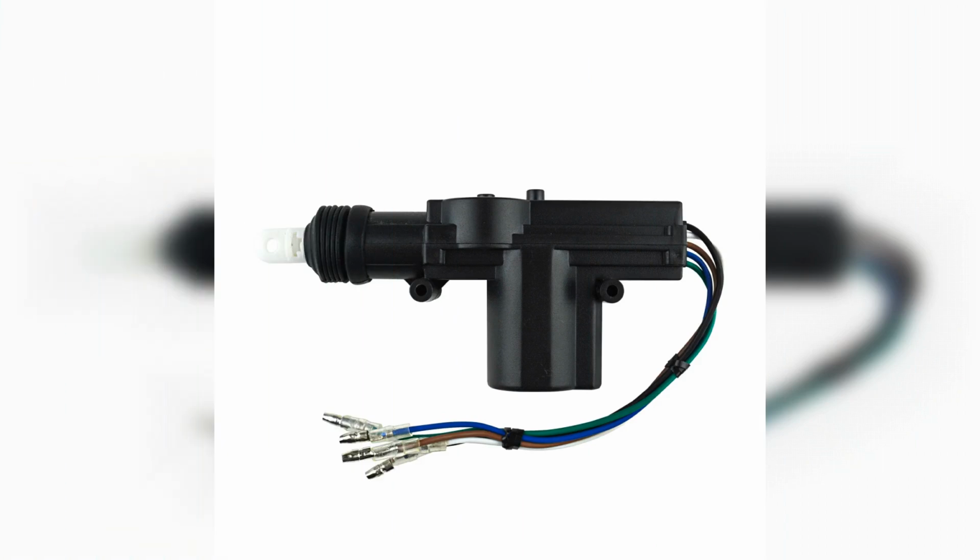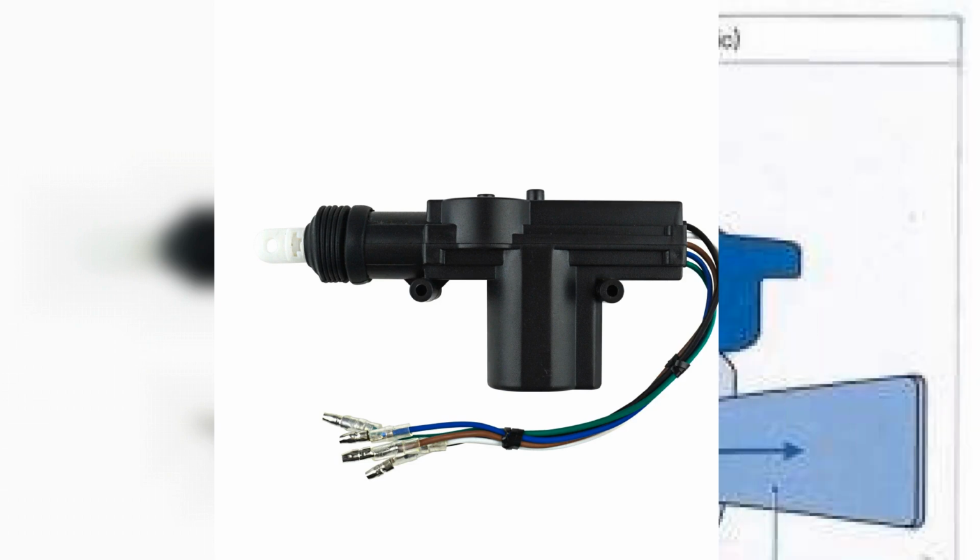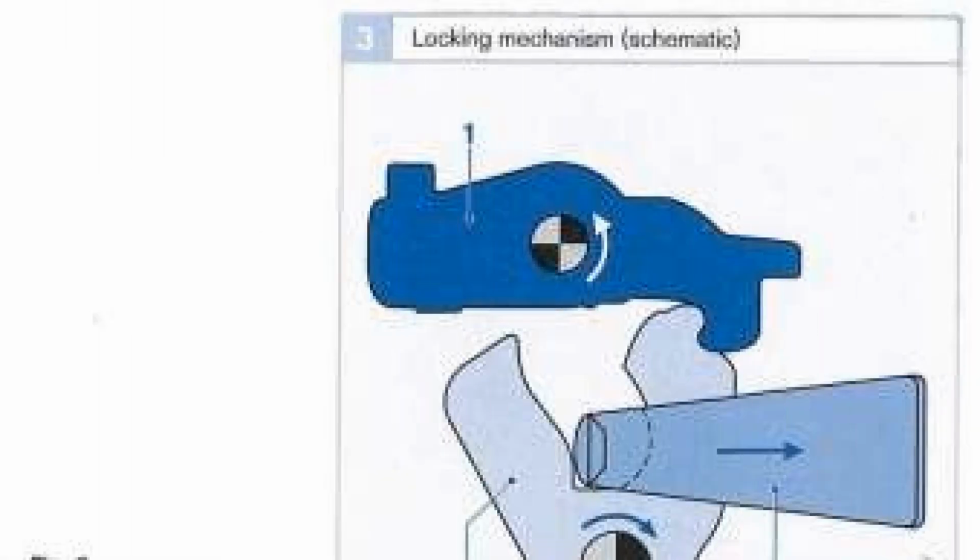In conclusion, while the central locking system may not be as essential as features like windshield wipers, it undeniably plays a crucial role in enhancing the convenience and security of modern vehicles. Understanding how this system operates not only deepens our appreciation for automotive technology but also highlights the importance of safety in our daily lives. As we continue to embrace advancements in car design, the central locking system remains a testament to the blend of innovation and practicality that defines today's driving